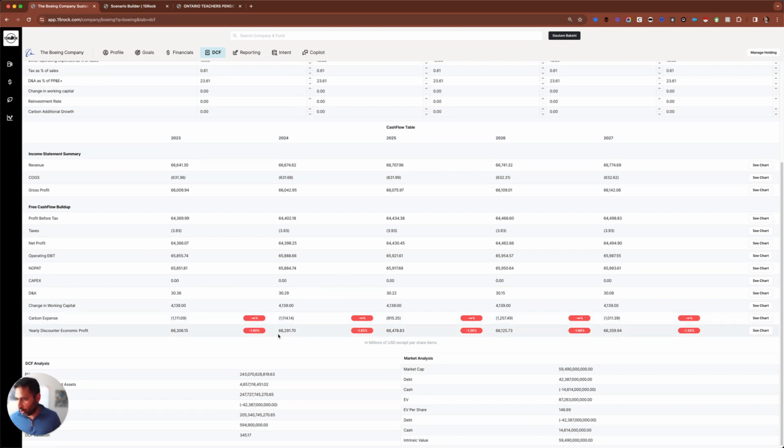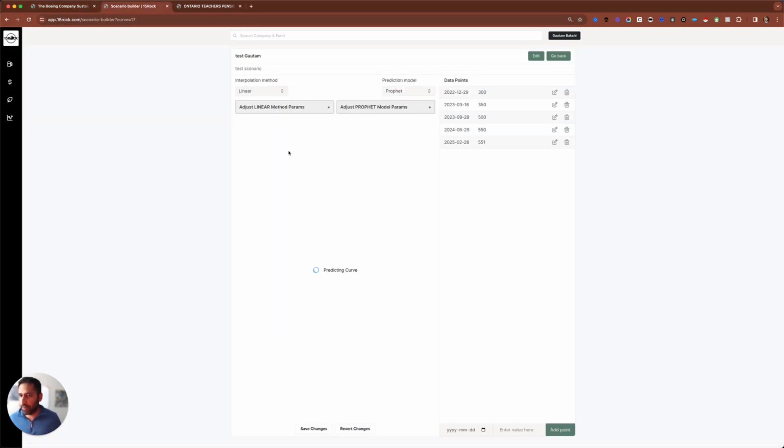You're probably wondering where those curves come from. So the curves I'm using are industry standard, but we have a scenario builder here where, give it a second for it to load, it actually can take whatever price you assume is going to be the future. So it doesn't have to just be the net zero scenarios or any world scenario. You can do a model internally on what you believe the carbon tax will be, the price will be, customer demand. There's different ways to price, and you can literally just create that scenario, test, I called it test Gotham here,